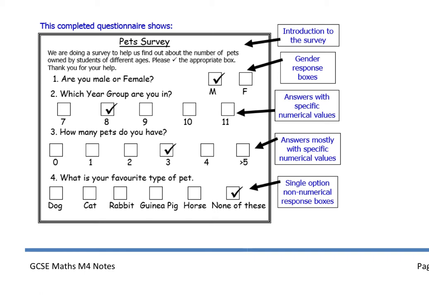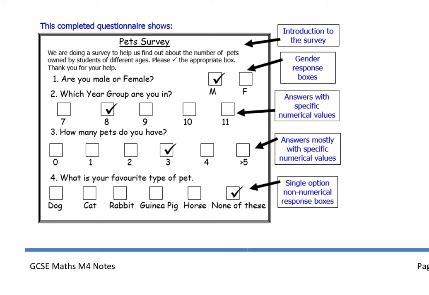Questions should be balanced and not biased and not too personal. So you need to think, if you're asking somebody that you've just met or somebody you don't know, you don't want to ask them anything too offensive or something that they may not want to answer personally. You should also ask questions that are closed rather than open. So rather than what do you think about something, you should ask them something more specific. And the use of response boxes that are clear groups with no overlaps for questions with a range of possible options is always a good idea.